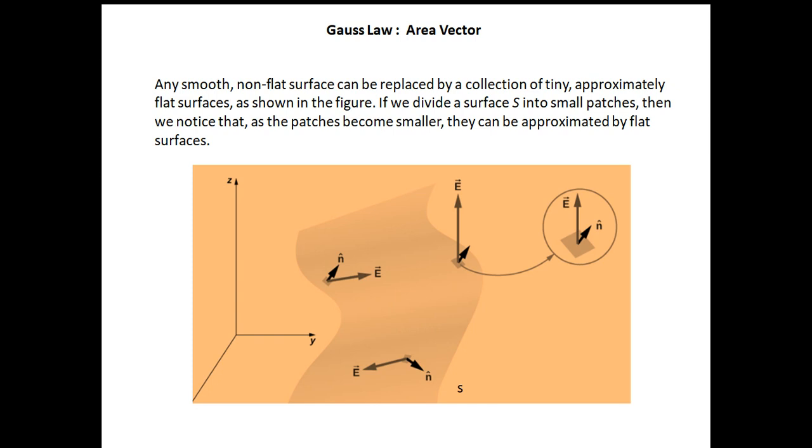Now we have some smooth surface, but it's not flat, it's curved like a ribbon. So what has been done is this entire thing is cut into patches, and a very tiny patch will be like a flat surface only, and then we have this E vector and this N vector. This is a trick. But again remember, all this N will be pointing in the same direction. No N will be going in the other direction.